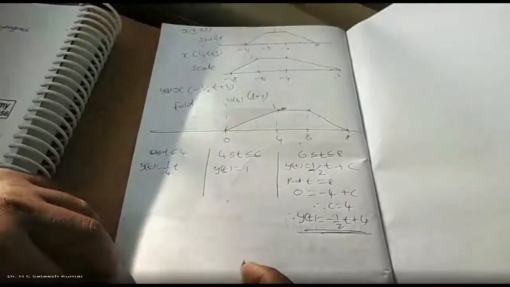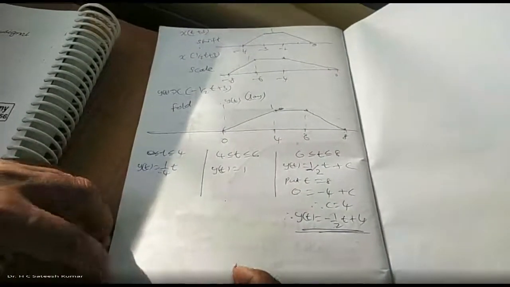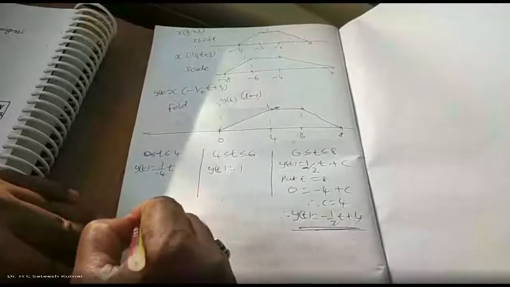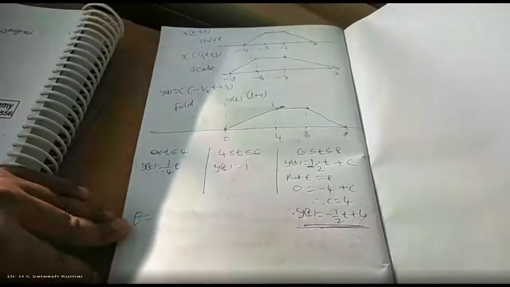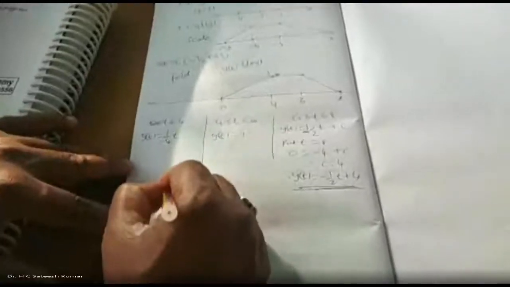We did only the operation on signals and writing the equation. Now you find out the energy. He himself has said you need not check whether it's an energy signal or a power signal. He himself has said to find the energy. It is understood that it is a periodic signal. So energy is equal to what? Integration from minus infinity to plus infinity, magnitude of x of t whole square dt.